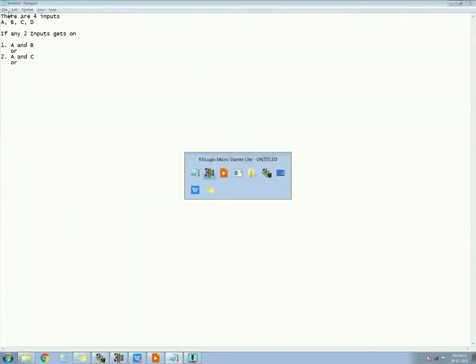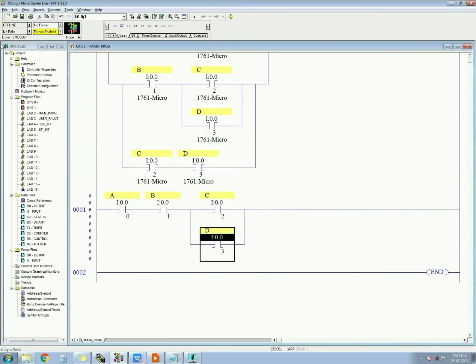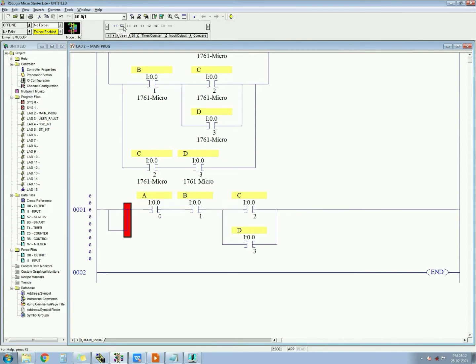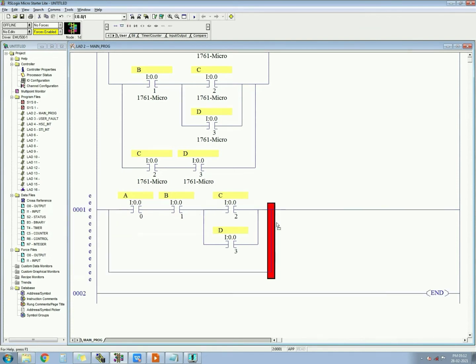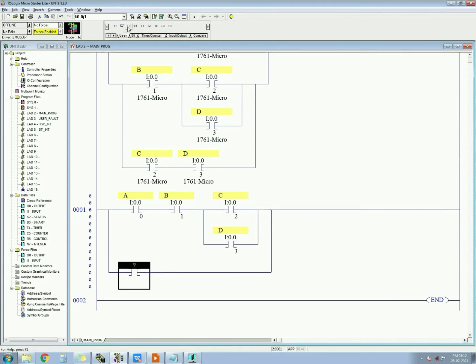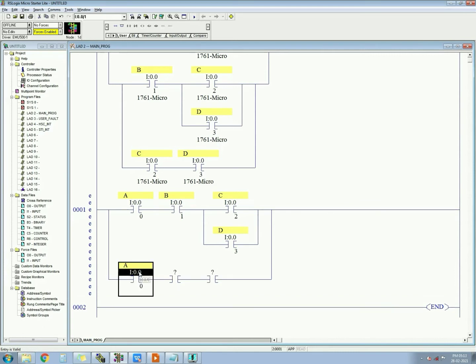In ACD and BCD, let's start. Take a parallel again. Here I will start ACD, BCD. So let's make ACD first. I1:0.0/0, this is A. I1:0.0/2, C. I1:0.0/3, ACD.